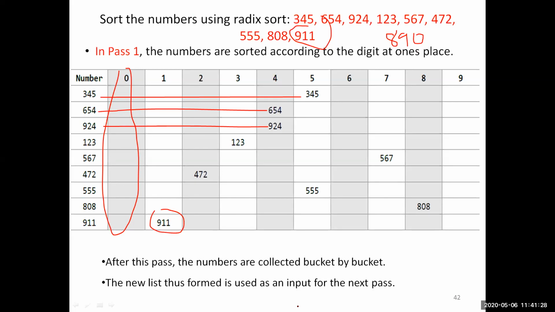Next, what is the output of pass 1? There should be an input to pass 2, right? So what I do is collect the elements from the buckets, bucket by bucket. The new list thus formed is used as the input for the next pass.